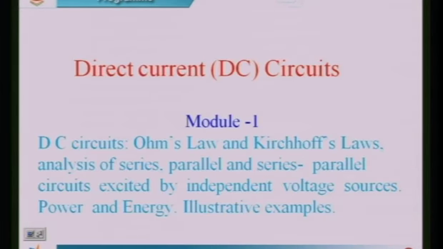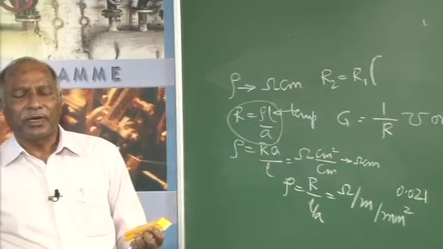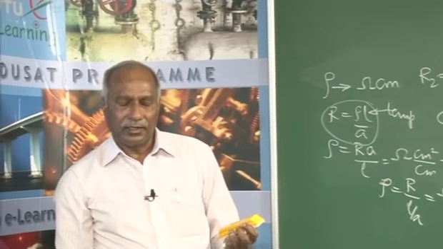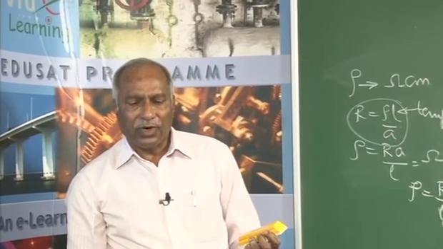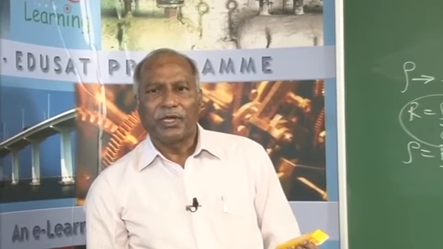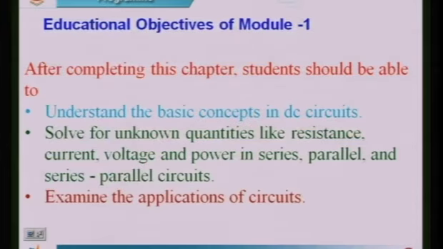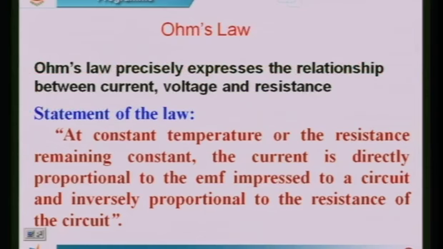So with that, having known the basic parameters of the DC circuits, we will go for Ohm's law, Kirchhoff's law and other things. So in that respect, after completing this chapter, students should be able to understand the basic concepts in circuits, solve for unknown quantities like resistance, current, voltage, power in series, parallel and series parallel circuits, and examine the applications of circuits. When it comes to Ohm's law,